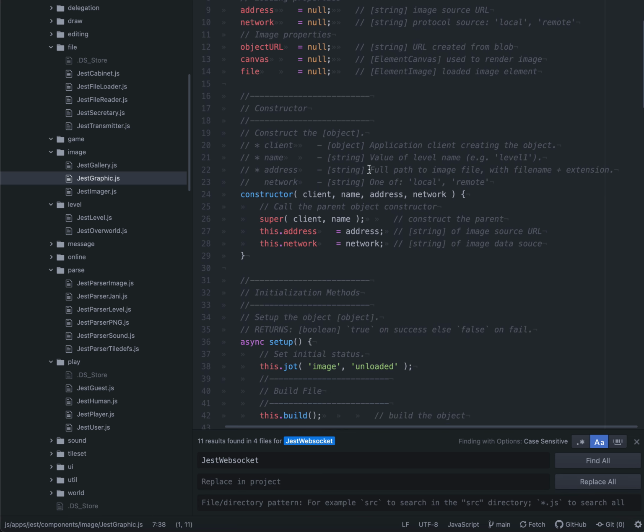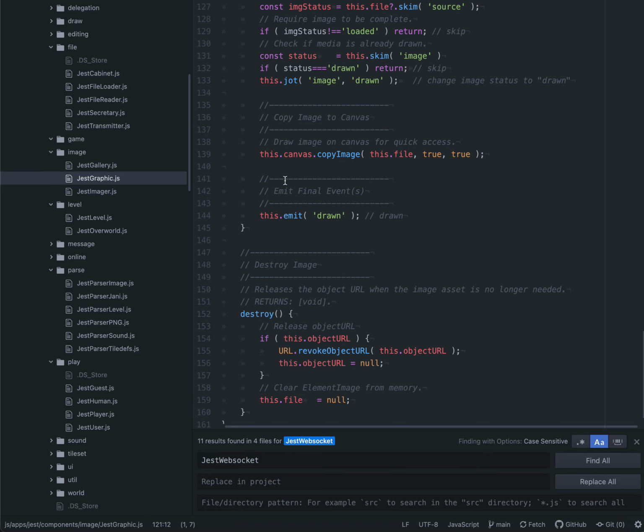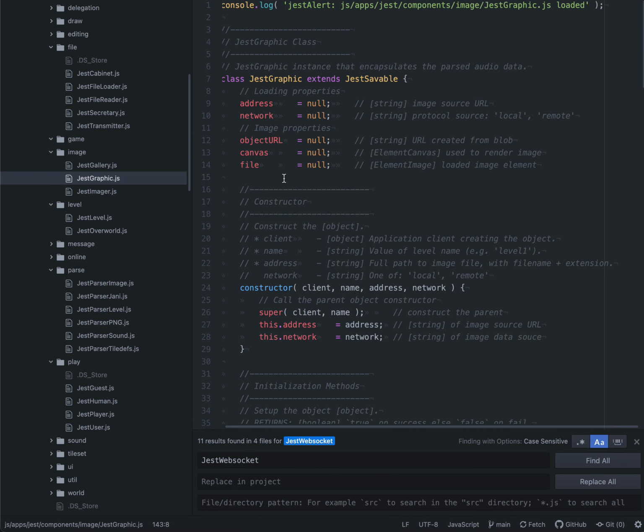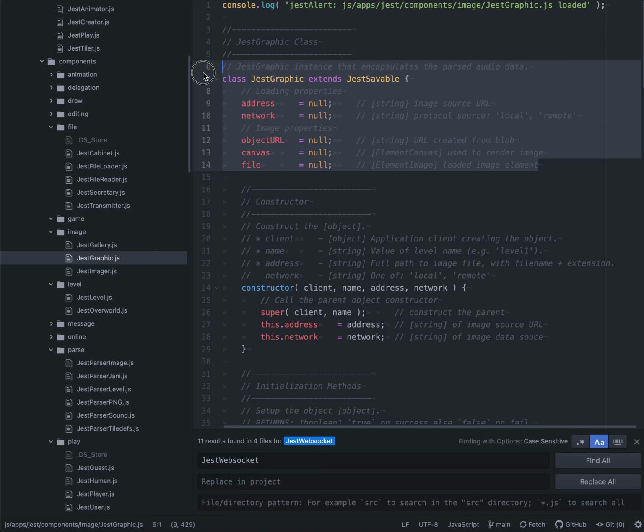And within here, you can have your different functions. You can have your render function, you can have your draw function. You can just do whatever you want with it. And so the idea is I want to handle the object URL, which is what JavaScript does for image blobs. And I want to take that data and pre-render it and draw it onto a canvas so that I can grab that data from the DOM canvas. I can handle all this stuff,